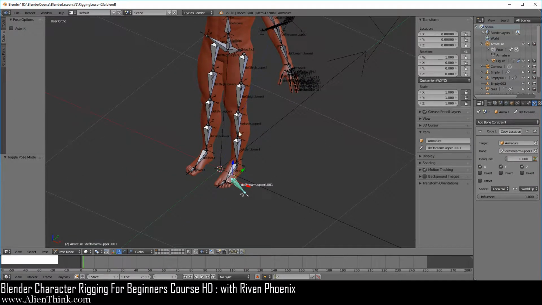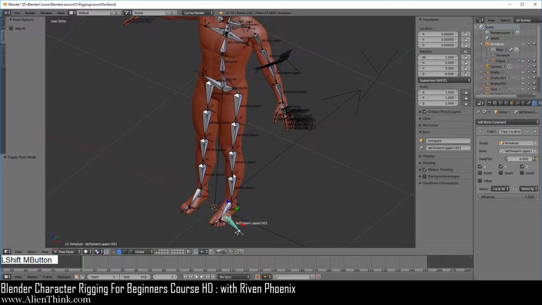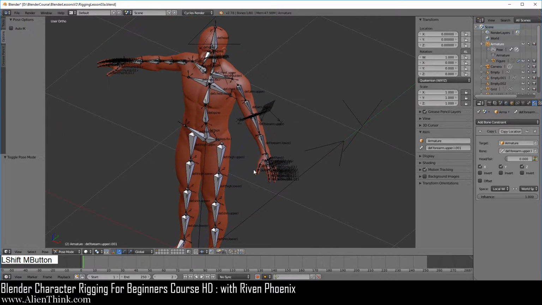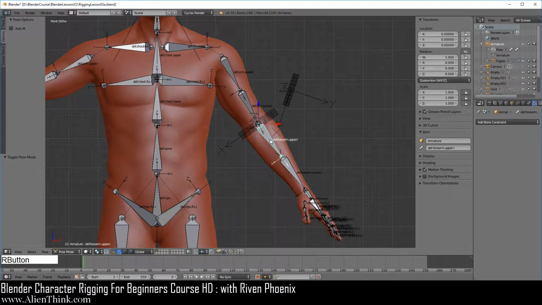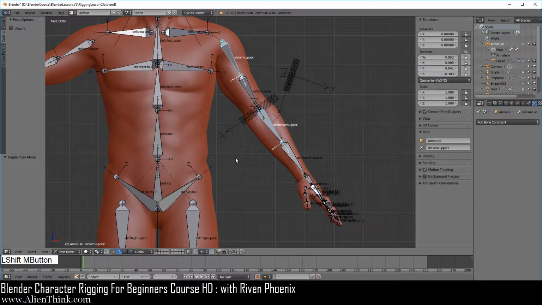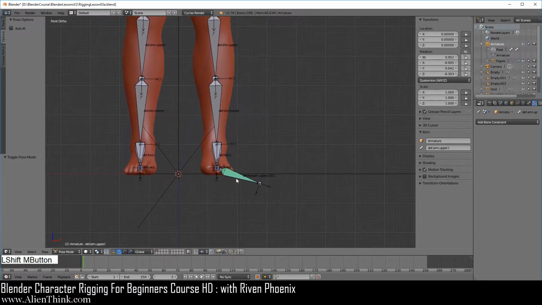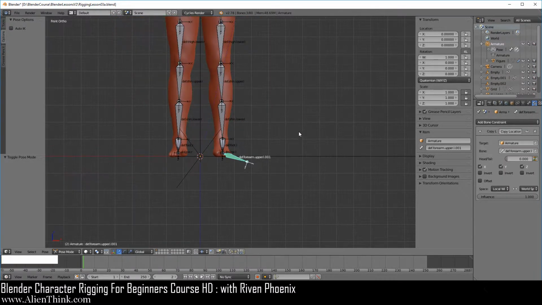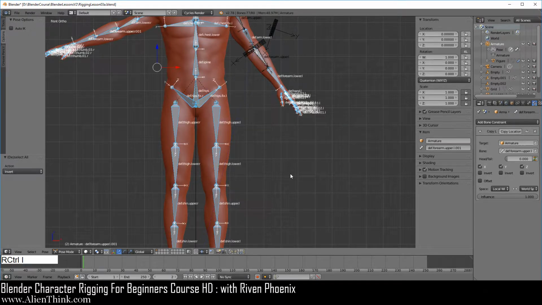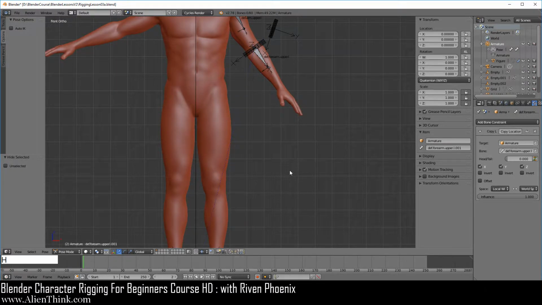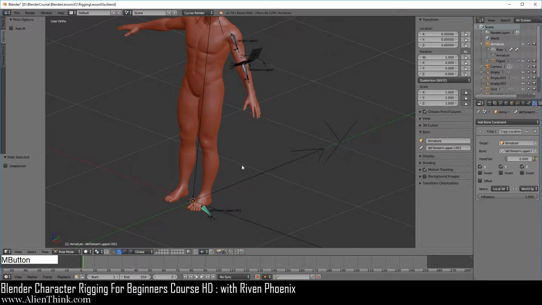Now it might be a little difficult to see what's going on, so what we're going to do in this case is go ahead and click on this bone, press the Shift key down, click on this one, and over here let's also select this one, and now we're just going to do Control I to invert the selection and press H to hide it. So we are only dealing with these three bones.